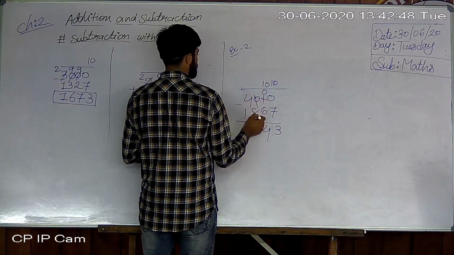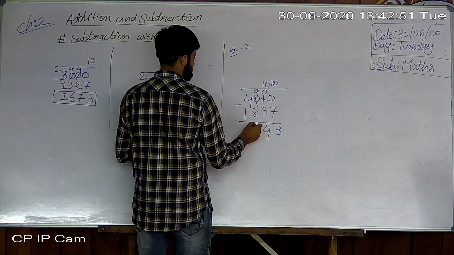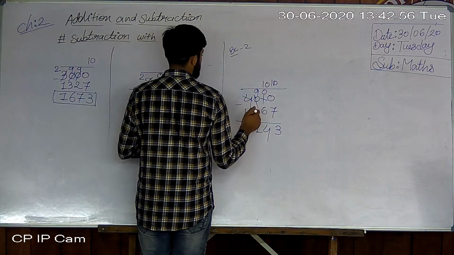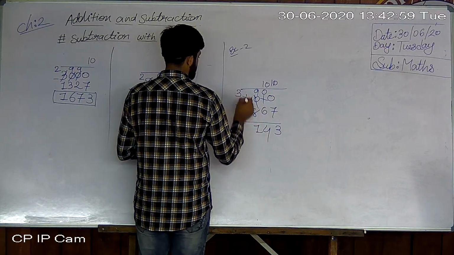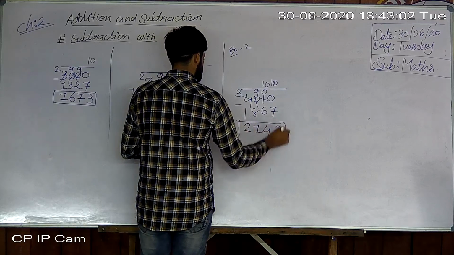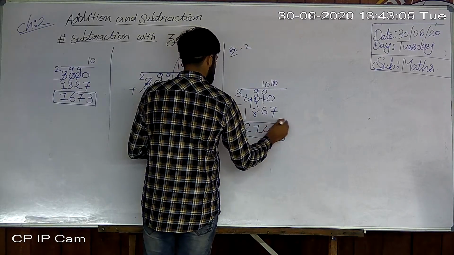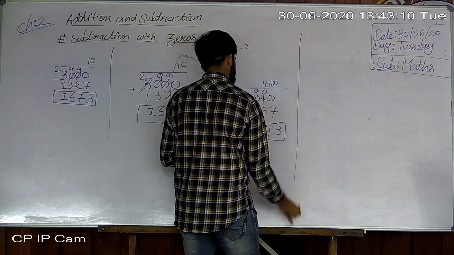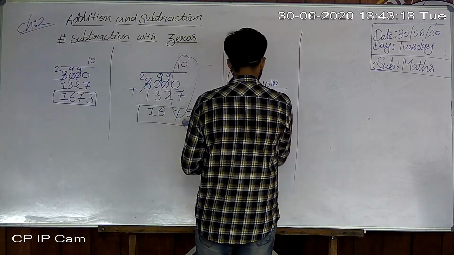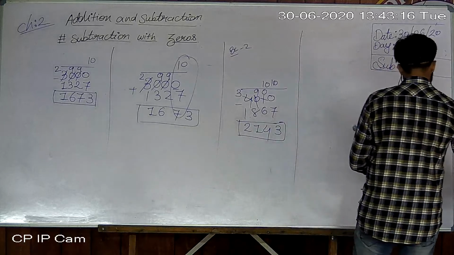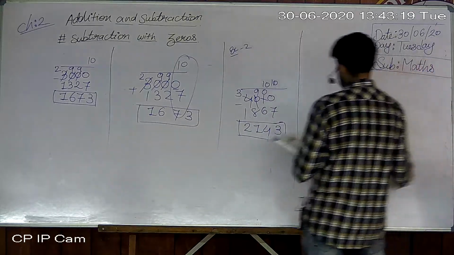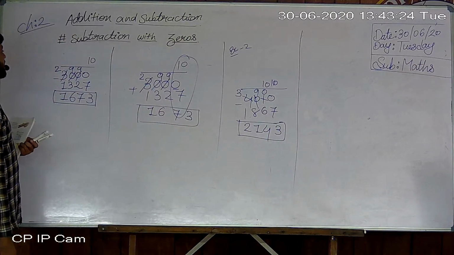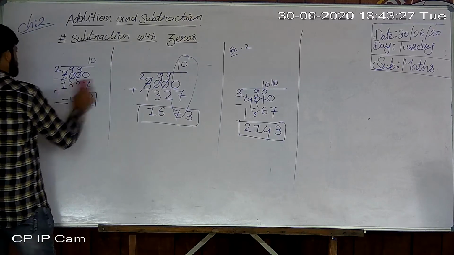Again I am cutting here 0, so 9. 9 minus 8, 1, and again I am cutting this digit, because I am taking a 9. So 4, so 3. 3 minus 1, 2. So what is the answer? 2143. Okay, I hope you all understood, students, because we have learned something new, a new topic of subtraction. Okay, so students, now we are starting the exercise.